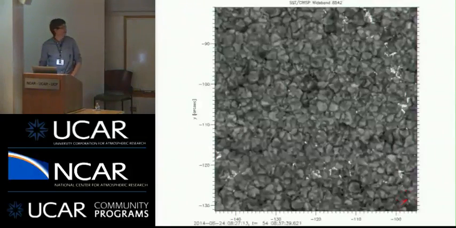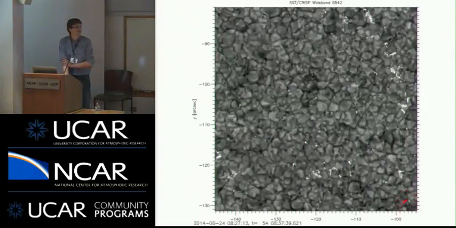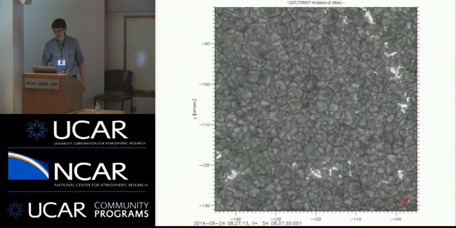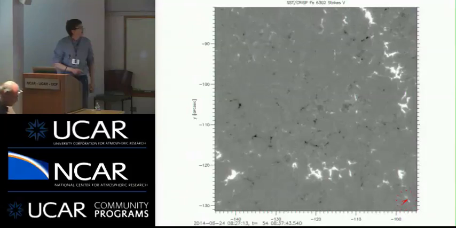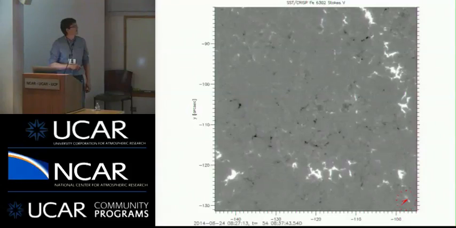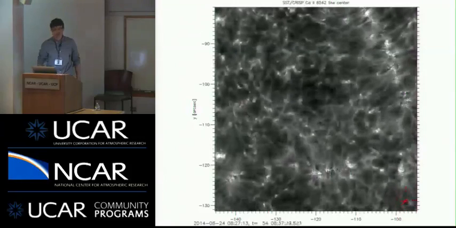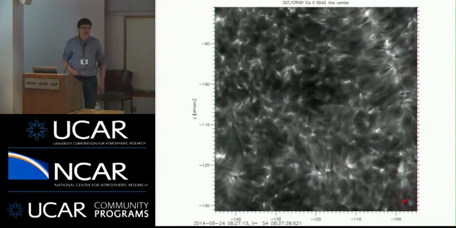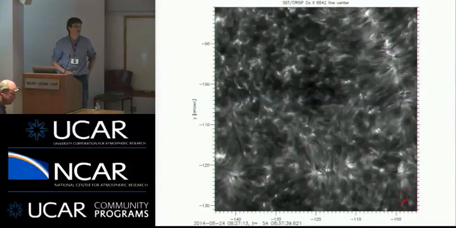Okay, I'm going to start out by putting the focus on the quiet sun. This is a quiet sun region close to the center of the disk. You see the network, the bright points of regions with strong magnetic field. So we have the strong fields of the network along this ring, and we have a quiet region in the upper left corner. If we now look in the core of one of the strong